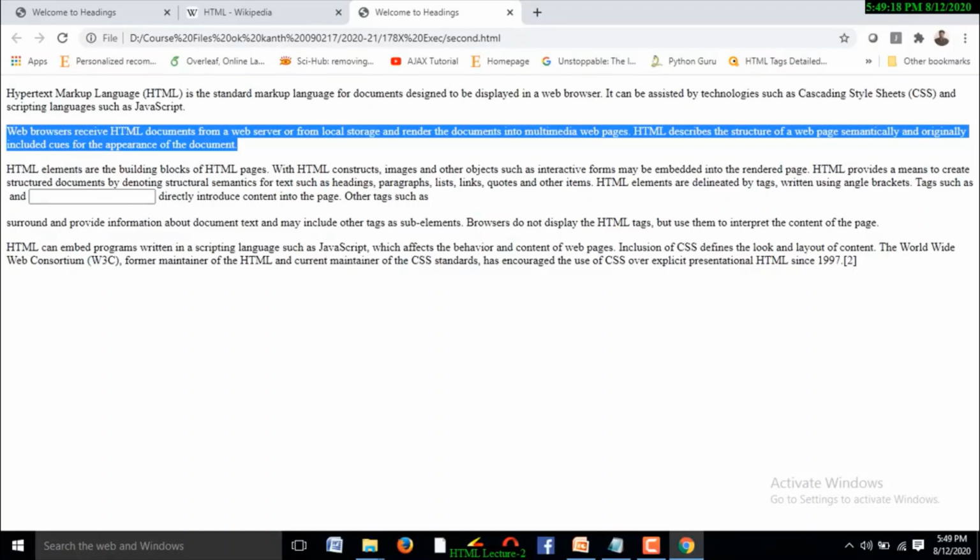If you are not using any tag, if you just arranged content inside the body tag, what happened? The content is overlapped, right? You can't guess the appearance of the content.